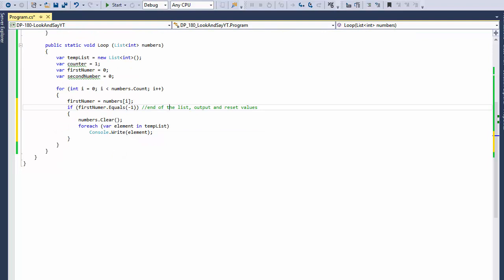Okay, so if they are not equal, if first number is not equal to 1, if it's not the end of the line, then we can still do more looping. All right, so if that's the case, then we can go into the else,